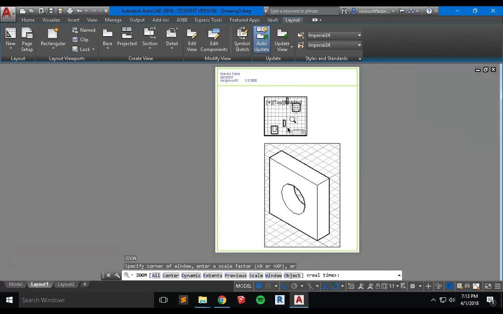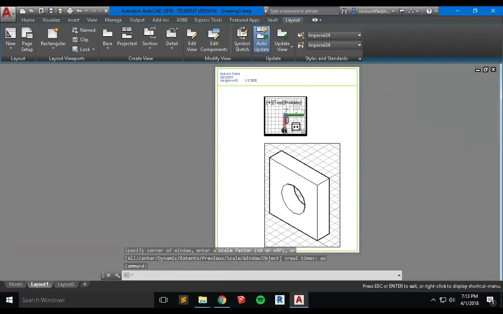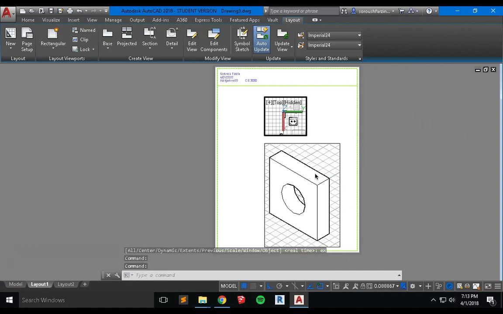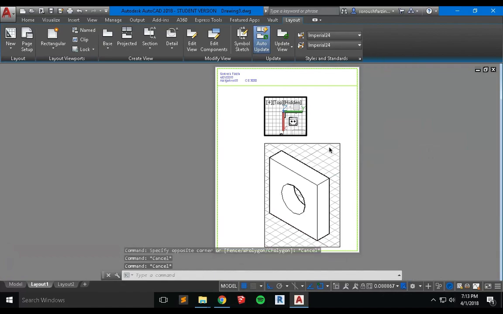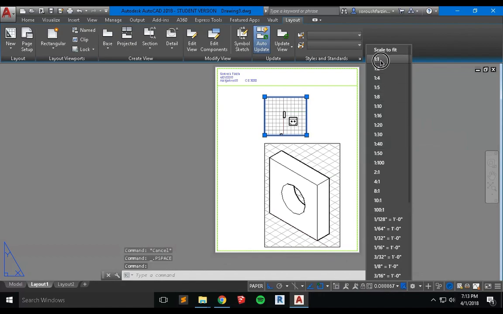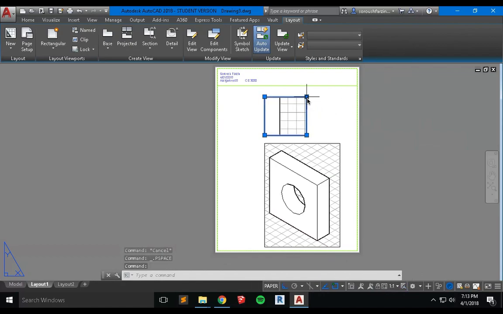Let's zoom extend, and then place it center. And now change the view to 1 on 1. Here we go. So that's going to be my view from the top of that object in a 1 on